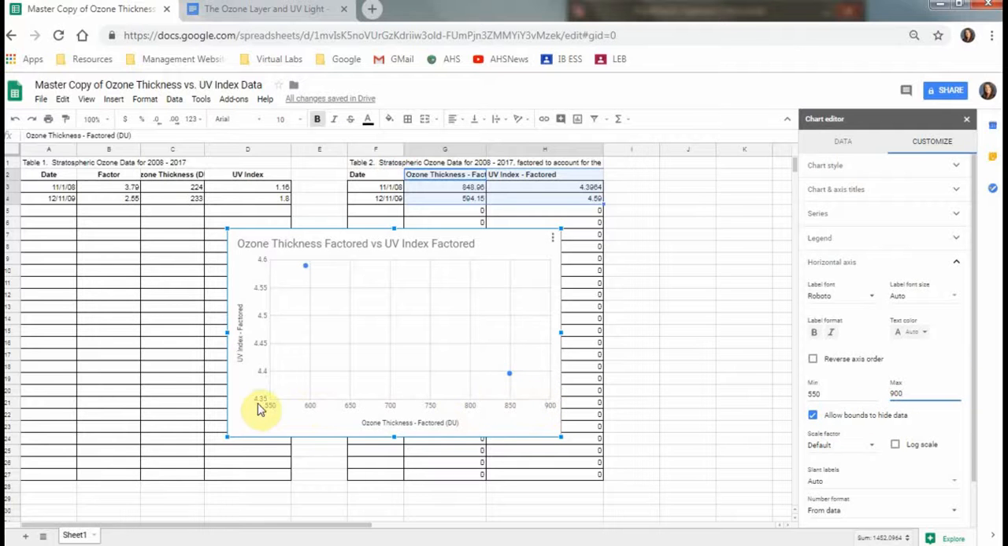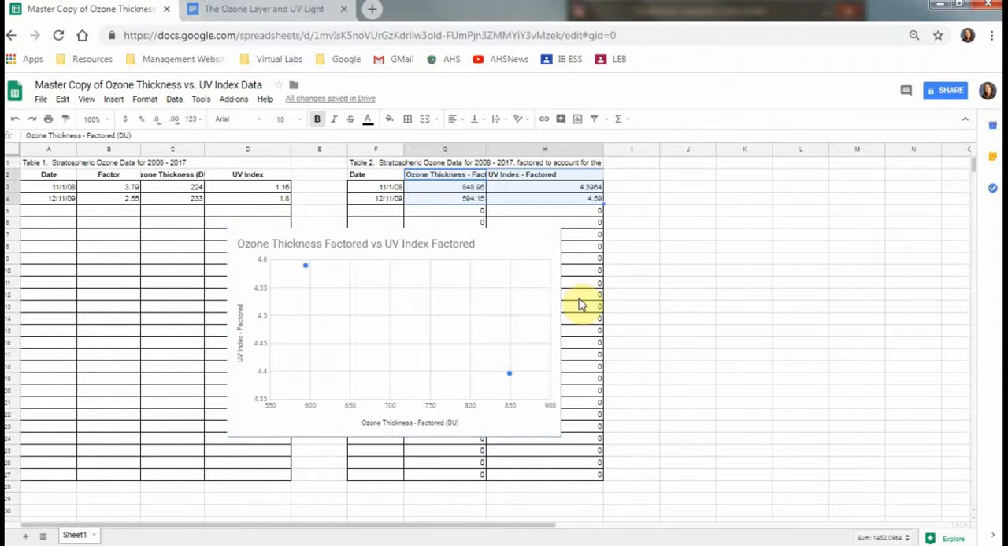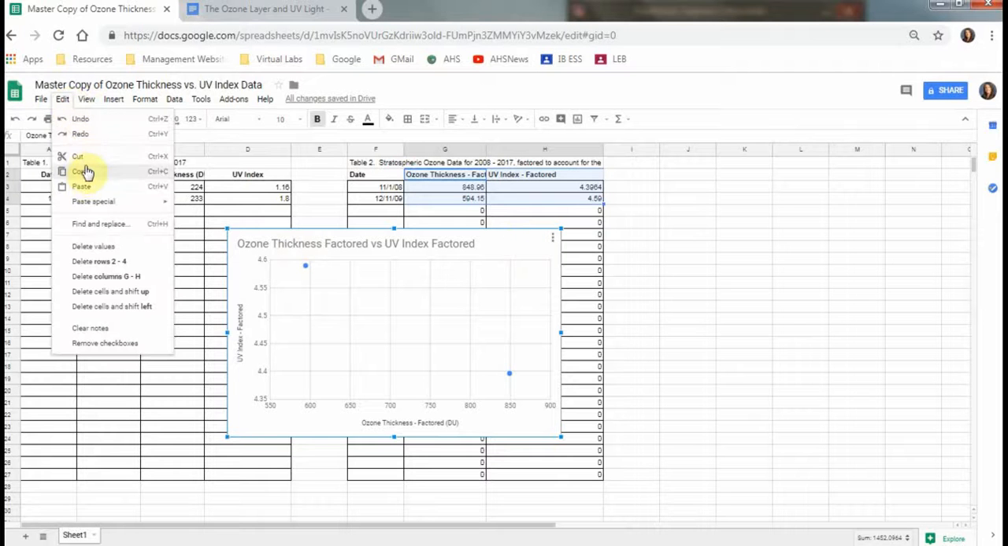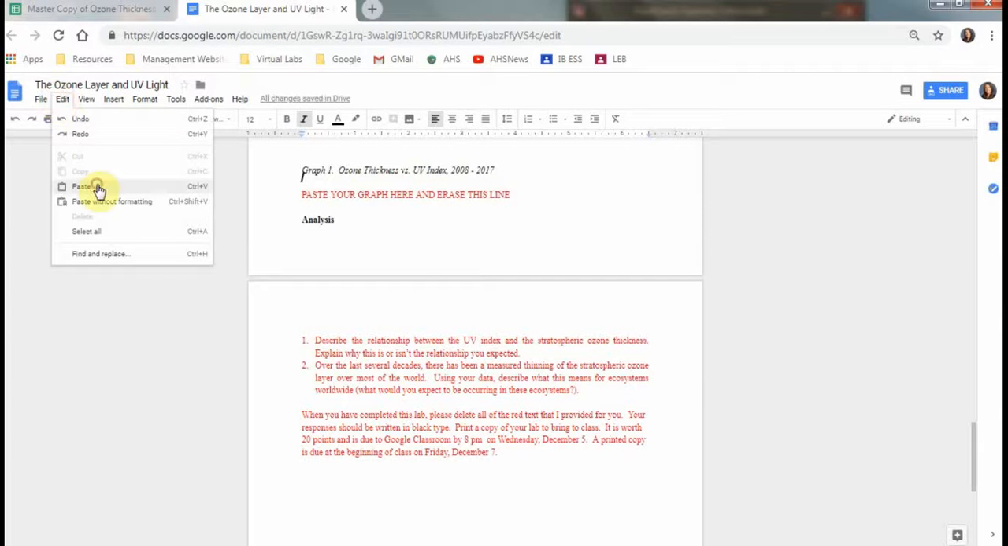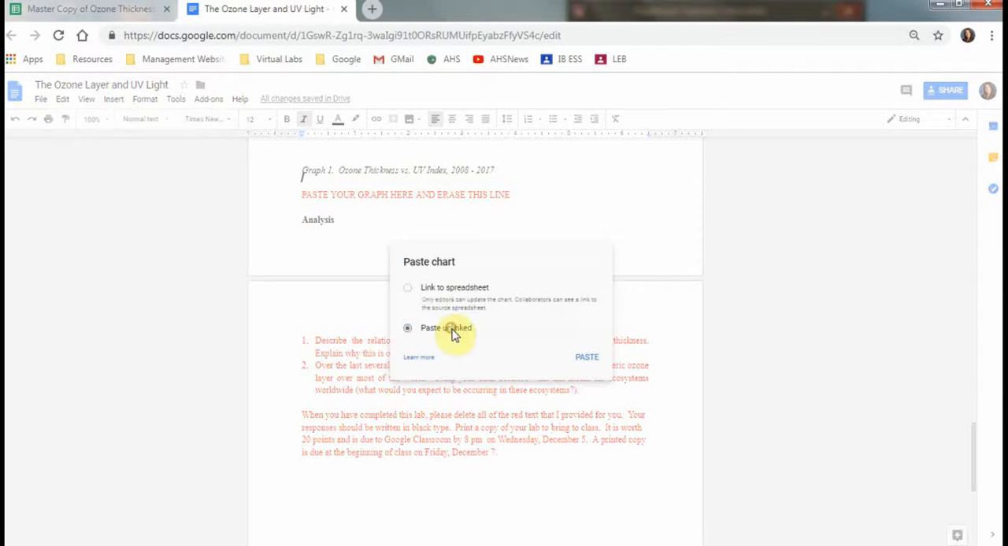I can adjust my y-axis too if I wanted to. If I wanted to kind of maybe move this one down a little bit, but I actually think it looks okay just like this. So I'm going to go ahead and leave it like this. I can close my chart editor, and then I want to click on my chart and copy it. Go over to my Google Doc, make a space for it, and go ahead and paste it. I want to paste it unlinked,